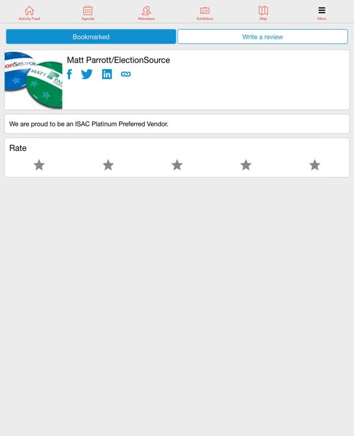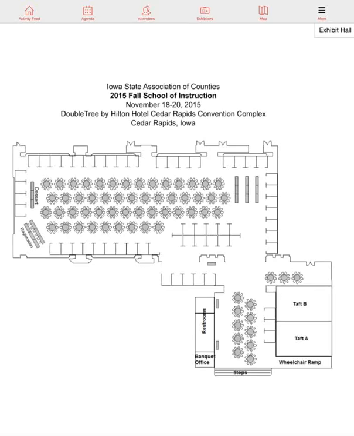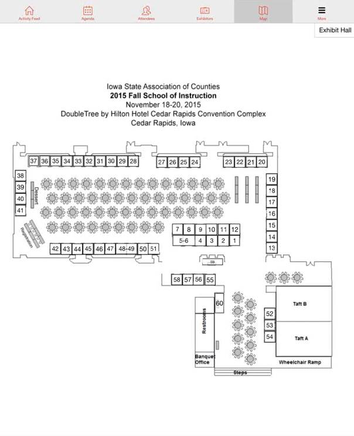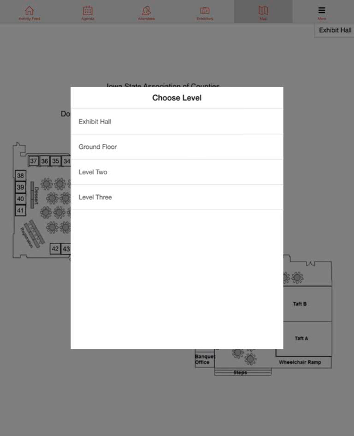Alrighty, the other maps, you can't see it on my screen, but on your screen you should be able to see in the upper right-hand corner, it looks like a little stack of papers icon. If you click on that button, it will show you the different maps that you can access. So we have exhibit hall, a ground floor layout, level 2, and level 3. Those are the different meeting rooms. Those aren't interactive, but it will still give you a different idea of what those are. You can see them here online as well. I just had to click on the little exhibit hall where it says exhibit hall.